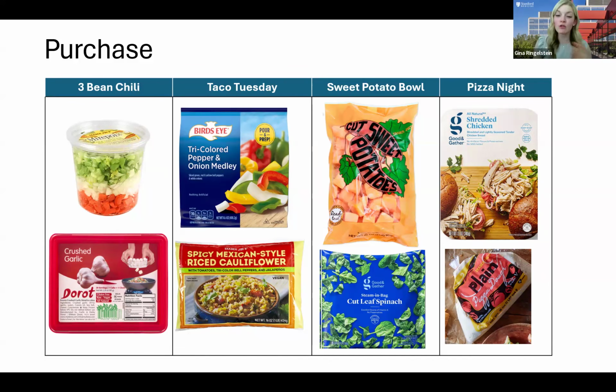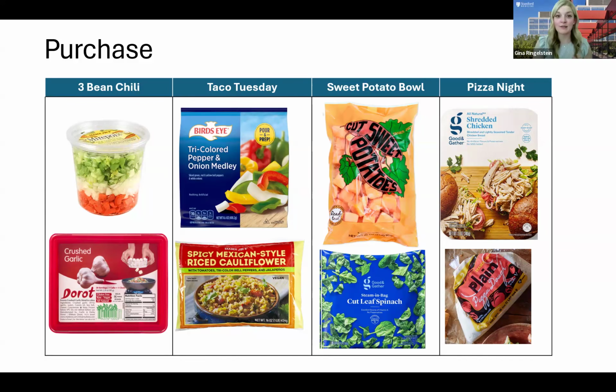So, this is where I encourage you to take a look at those ingredients that you're writing down on the list. And rather than just expecting yourself to chop and prep everything from scratch, take a few shortcuts to alleviate the meal preparation. A couple different options you can see here, but for example, for a three bean chili, we already have our beans at home, but maybe we want to add some flavor and color to the meal. And that makes us think of garlic, onions, celery, carrots. But thinking about having to chop, prep, and do all of that, that right there makes us not even want to make it. So let's find a shortcut that still amplifies flavor, amplifies nutrition, but saves on time.